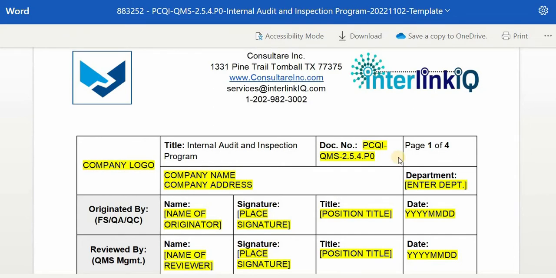And since this is a template, we indicate the PCQI as the account initials. However, we can customize the code based on the company's initials. For the page number, we use the page X of Y format. Ensure that it reflects the current page position and the total page number of the document. Then you may insert the company logo here, together with the company name and company address, and you may enter